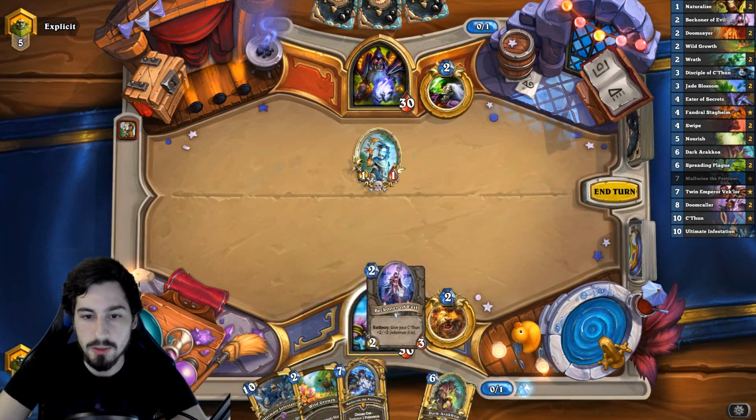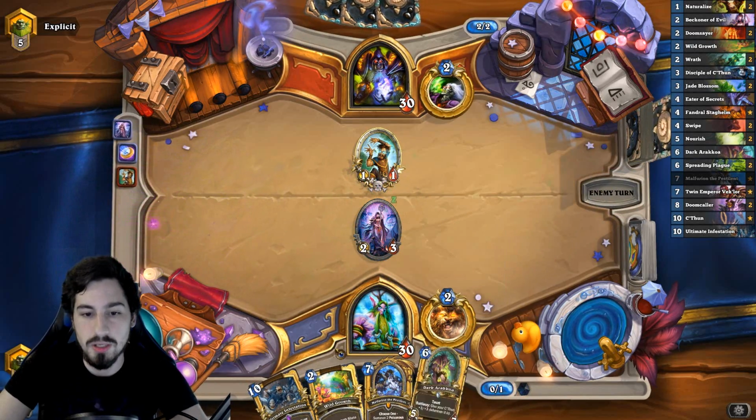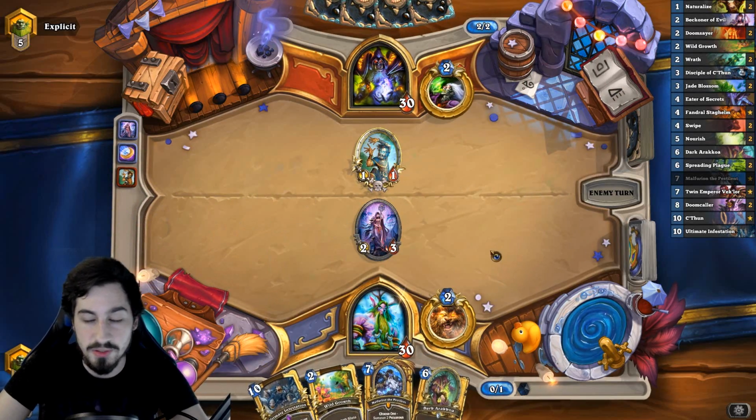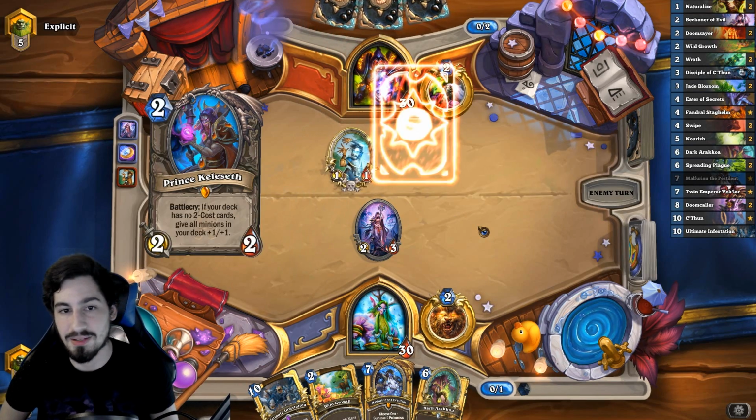I like coining the Beckoner. Because if he plays anything, we're going to be able to trade into it. And plus, we can trade in hero power. Ramping in this matchup isn't as important as making sure he doesn't overwhelm us on the board. Like, if he goes super wide, there's not a whole lot this deck can do besides cards like...